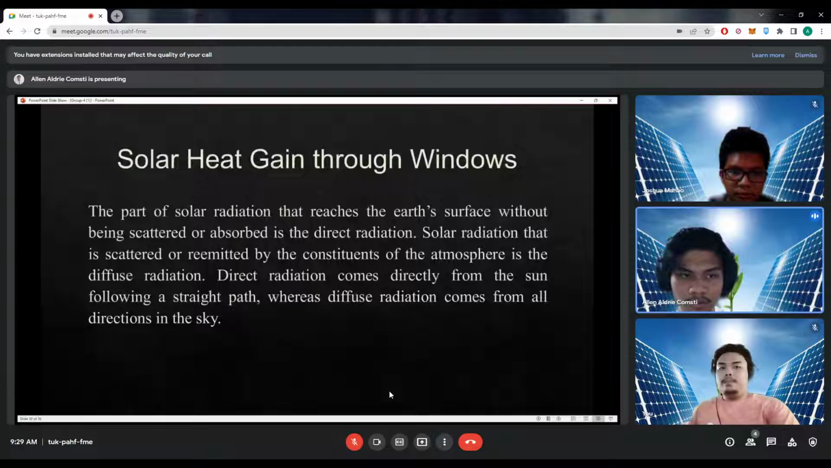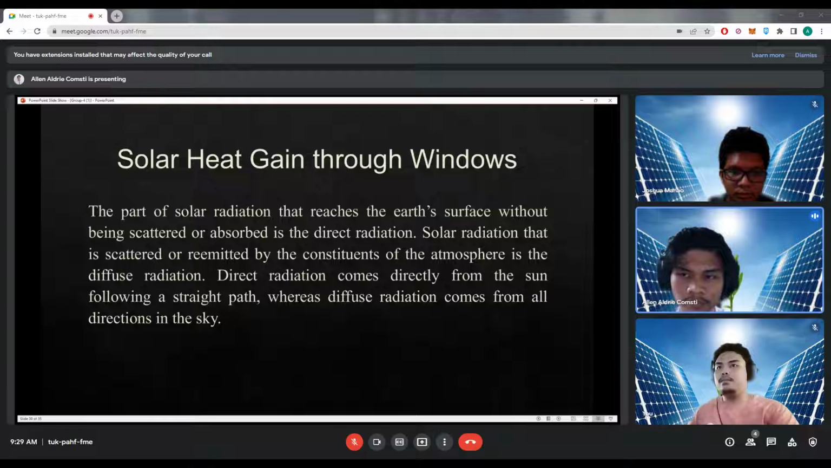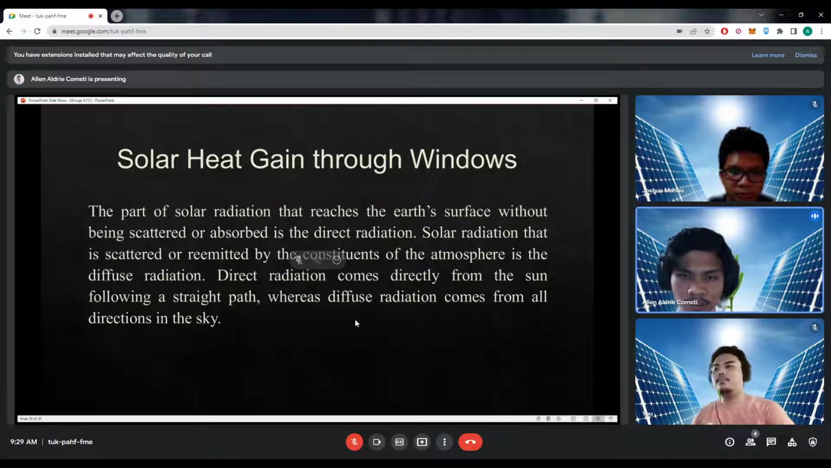Solar heat gain through windows. The part of solar radiation that reaches the Earth's surface without being scattered or absorbed is the direct radiation. Solar radiation that is scattered or re-emitted by the constituents of the atmosphere is the diffuse radiation. Direct radiation comes directly from the sun following a straight path, whereas diffuse radiation comes from all directions in the